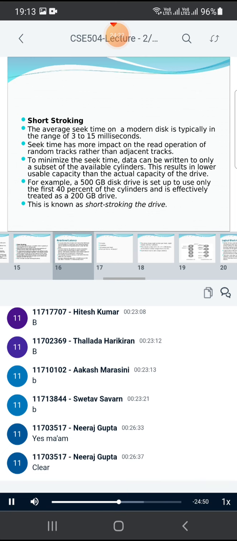Alright. Now we are going to talk about rotational latency. For understanding rotational latency, again you need to relate it with the working of the drive. I'm repeating it again, although I've told it many times, that whenever any operation is to be performed, the disk is rotating and at the same time the read-write head is moving inwards to outwards or outwards to inwards for locating a particular track.